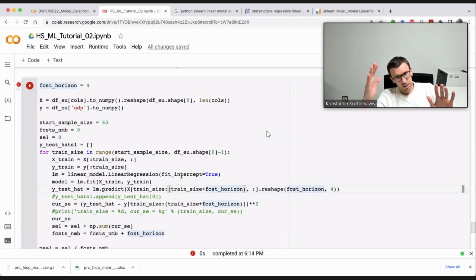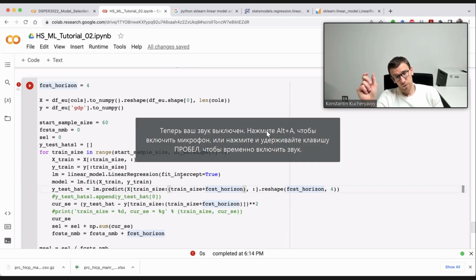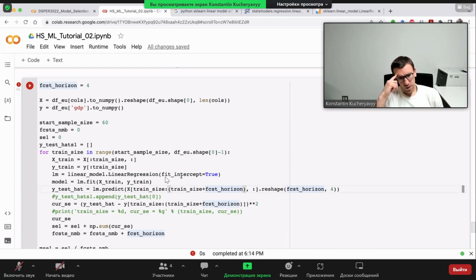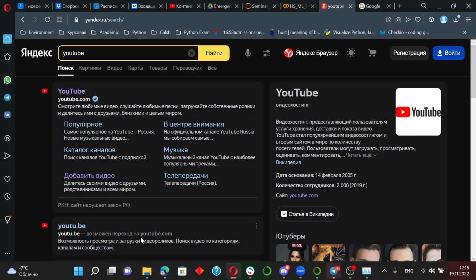You can take, say, 86 periods to train your model, forecast for the 4 remaining periods, and then compare how your models perform only on the very last 4 periods, and select the one that's the best. What's wrong with that approach is that obviously you have only 4 periods to check the performance of the model, but